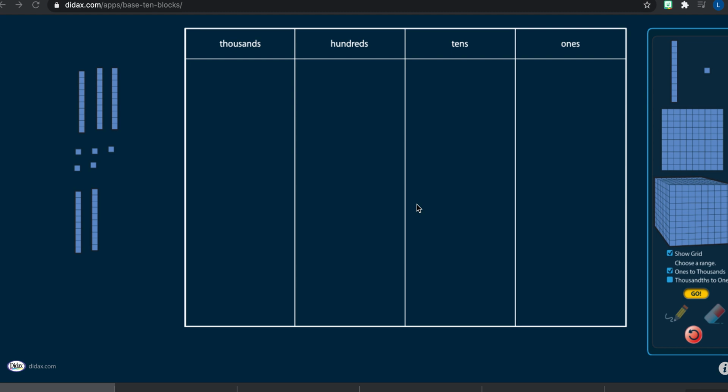Place value. And remember, the place value is when we're talking about ones and tens. So it's either the place or the value of that digit or number, wherever it is. We know our ones is all the way over to the right, and then we have our tens. Now we're not going to be learning about hundreds and thousands, but just know that there are other place values over there. So when we have our rods, which are our groups of 10,